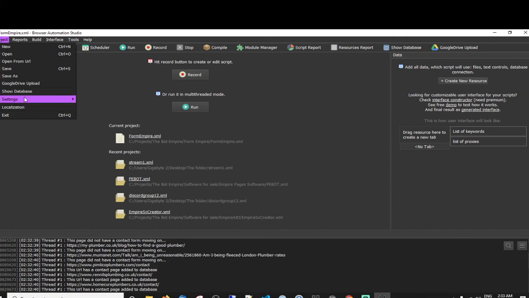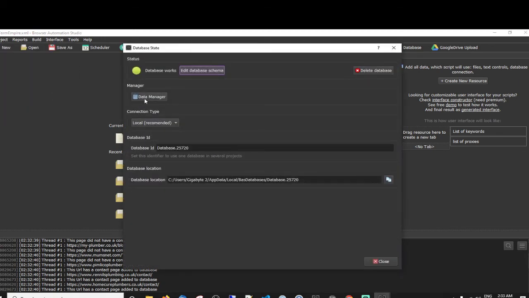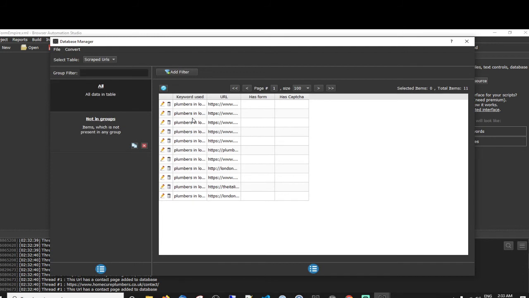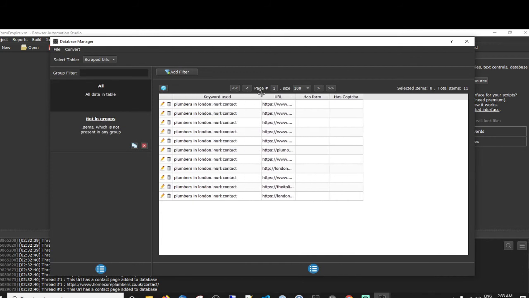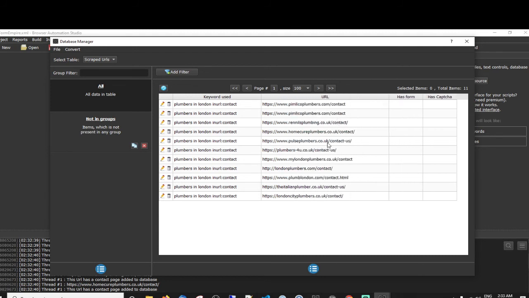But let's have a look to see if it's showing that in the database. Now, okay, keyword to use. Lovely. And then, yay, all these have contact in it. So this is correct. I like it.